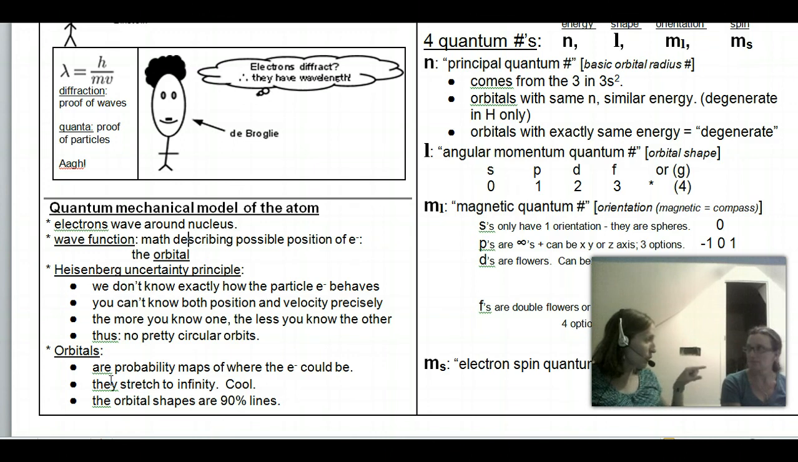But that's why my superpower, were I to ever be given a superpower, would be to affect probability, because then I could teleport anywhere I wanted to. Anyway,